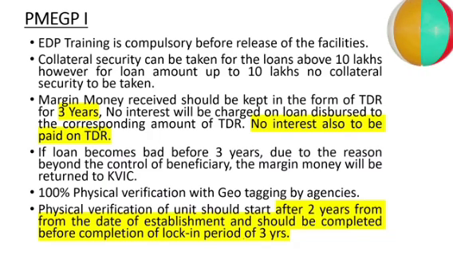Okay. So what will be the date of establishment? Any guideline given for date of establishment? Can you comment? In case of PMEGP unit, what will be the date of establishment? They are saying 6 months from the first disbursement. Loan disbursement, first installment disbursement, 6 months from that. 6 month time is given. So that will be the date of establishment. And lock-in period is 3 years.